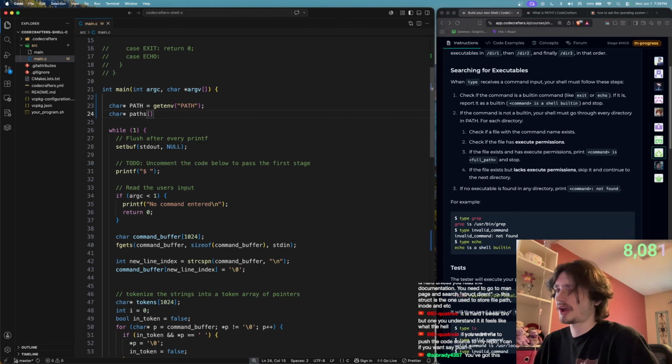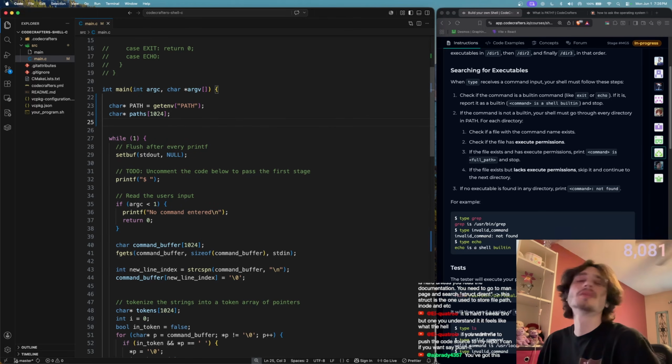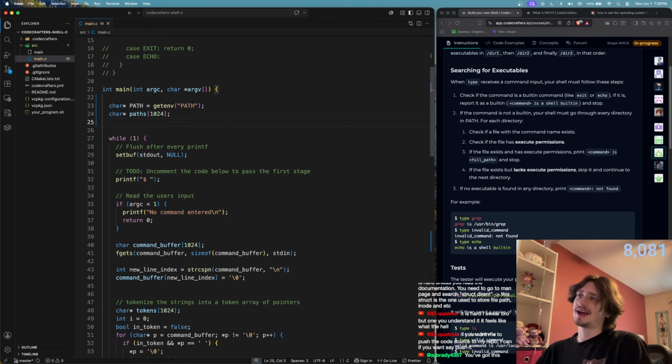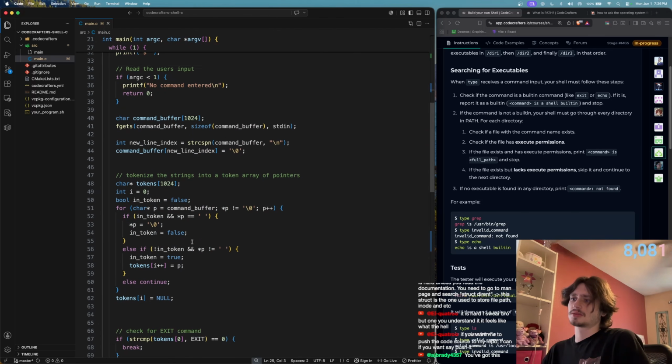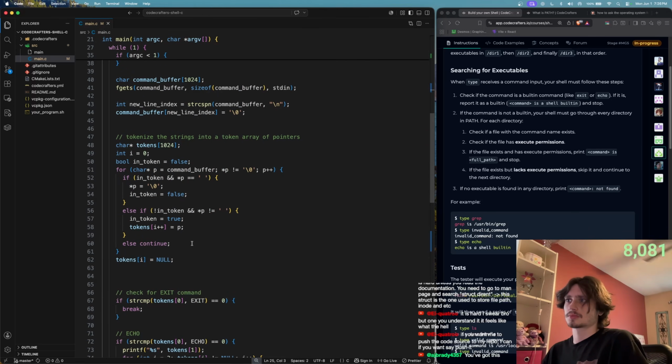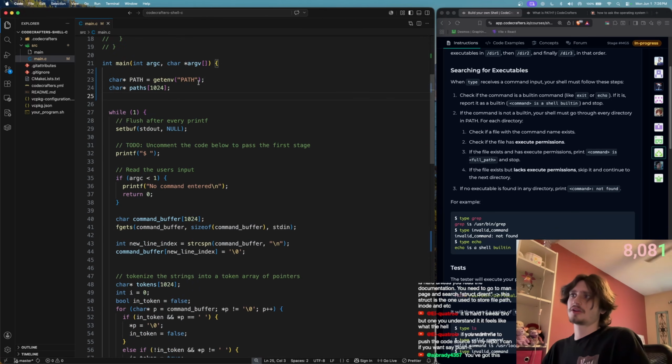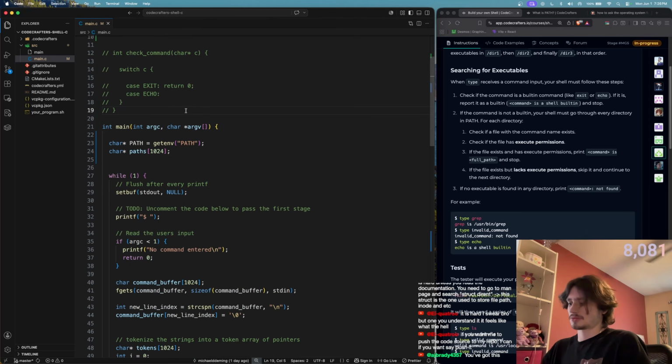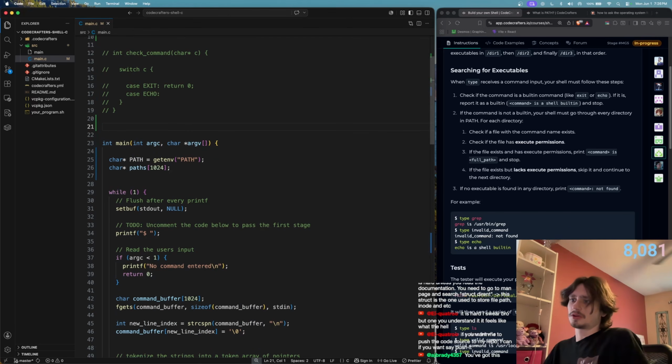I don't know how many bytes to do, but whatever. So paths, right? If we write a function called